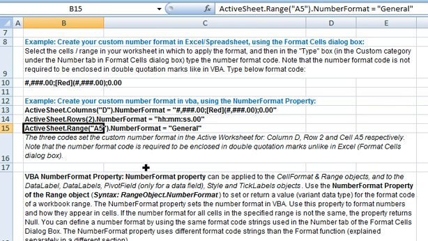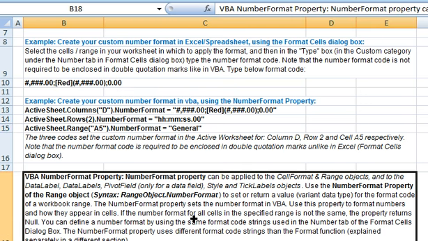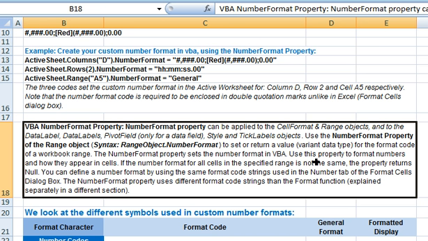Now, using the number format property, you can either create a new number format, or you can also set the number format to one of the existing Excel built-in formats. Like in cell A5, we have set the number format to General, which is one of the Excel built-in number formats. So the number format property has been used,